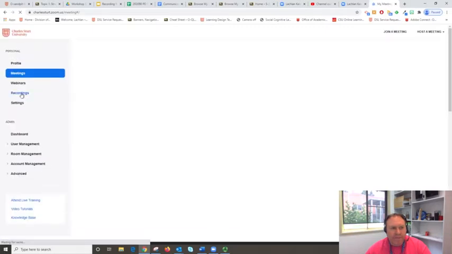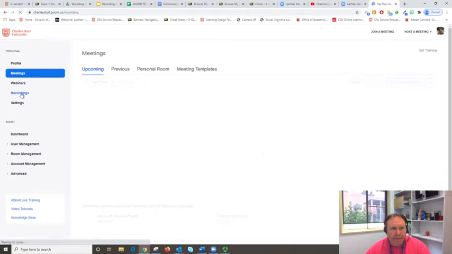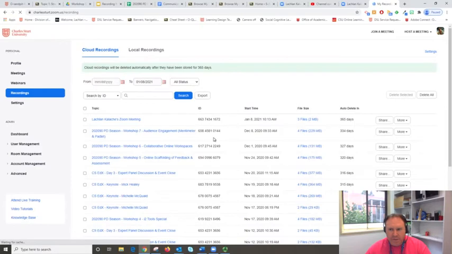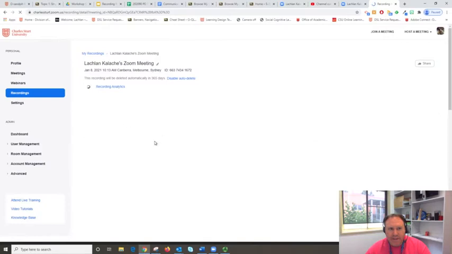Over on the left you'll have your recordings tab. And you'll see that it actually provides a list sorted by date, usually most recent, and those will be listed down the page. So at the top there's my recording. As part of this recording, over here it talks about 3 files, and if I go into that, click on the link,